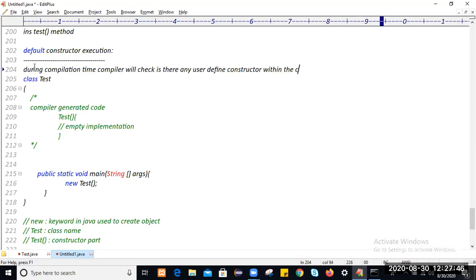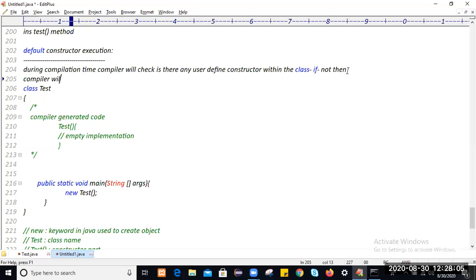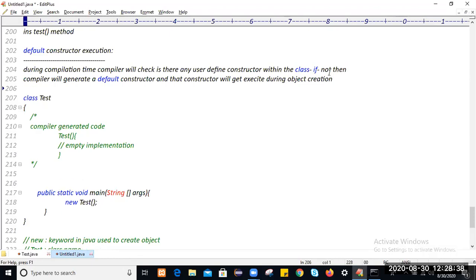If not, then the compiler will generate a default constructor, and that constructor will get executed during object creation. So this default constructor execution I will show you in the inheritance part, but this will happen.